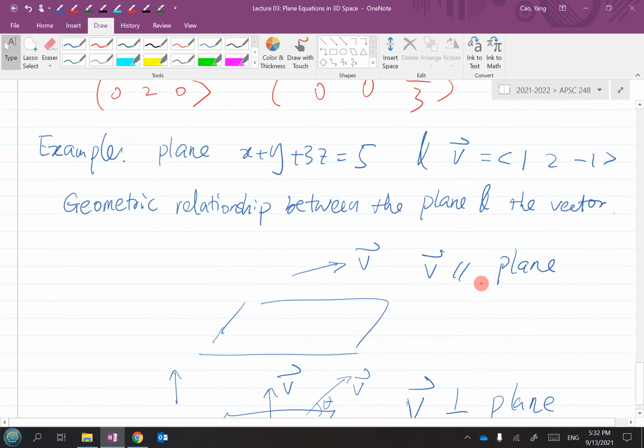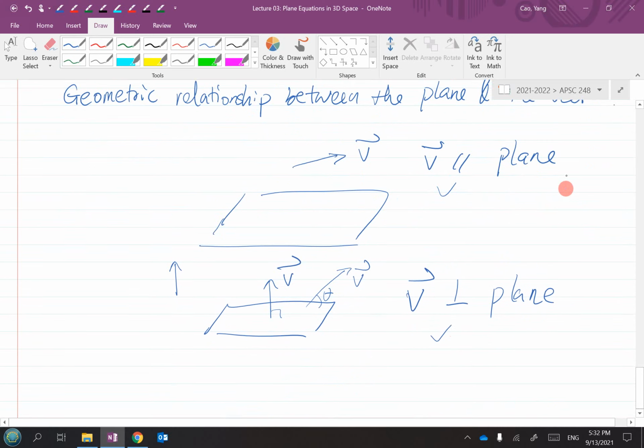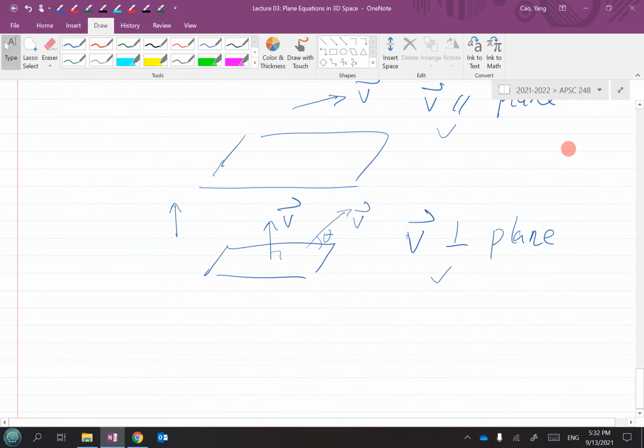So that's the question here. Basically, given this plane and this vector, what would be a quickest way, or shortcut, to find this geometric relationship? Most probably, I'm looking for either this or that, right? So this essentially goes back to our review on the concept of a dot product and the cross product. All right? So oftentimes this really needs a little bit